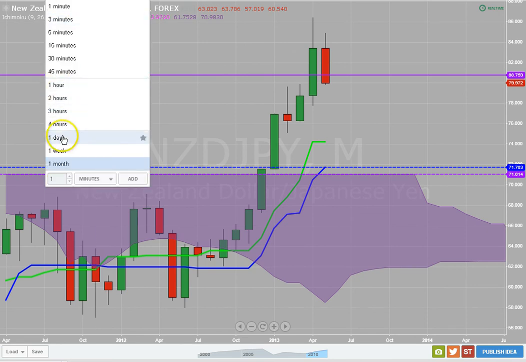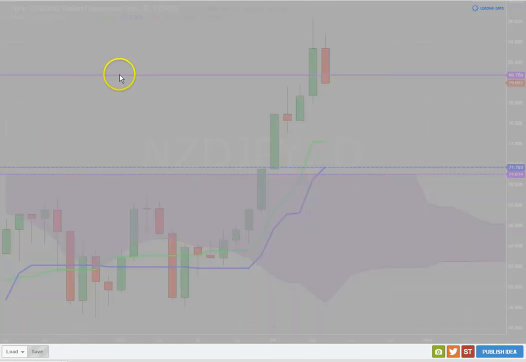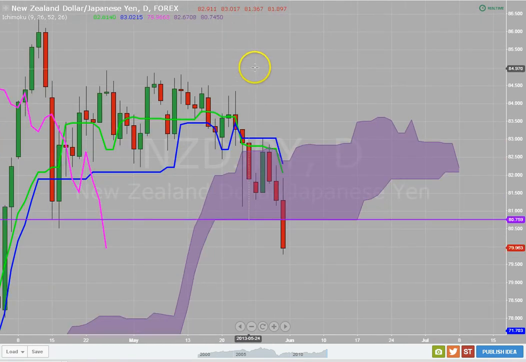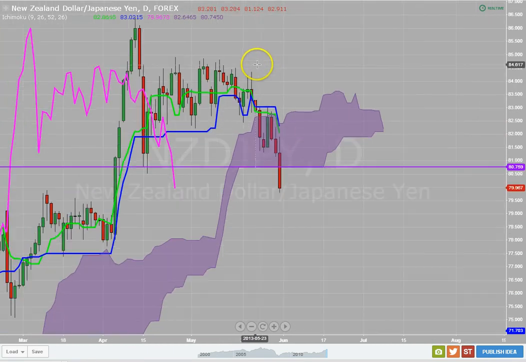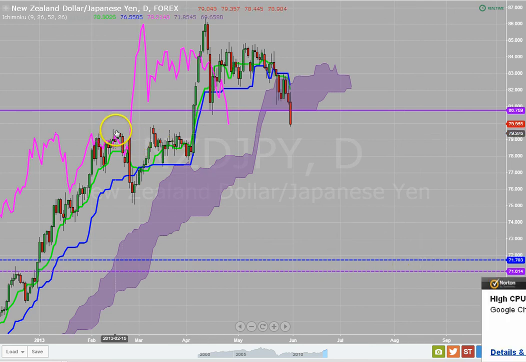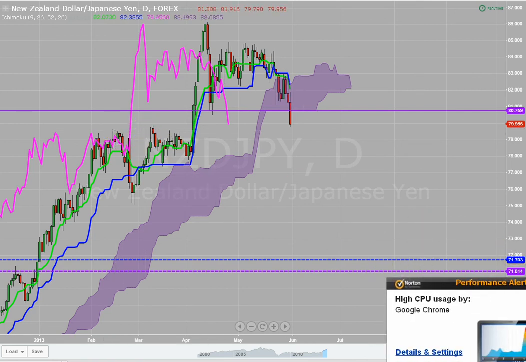Now let's see what the daily says. And see, the daily is setting it up right exactly for us. The daily is perfect. Today this candle closes below the Kumo. The thing is, we get into the trade. We take this trade short and ride this as far as we can, hopefully down to these levels. And this is where I would shoot for with this. You know, you have to put your other levels in to make sure.